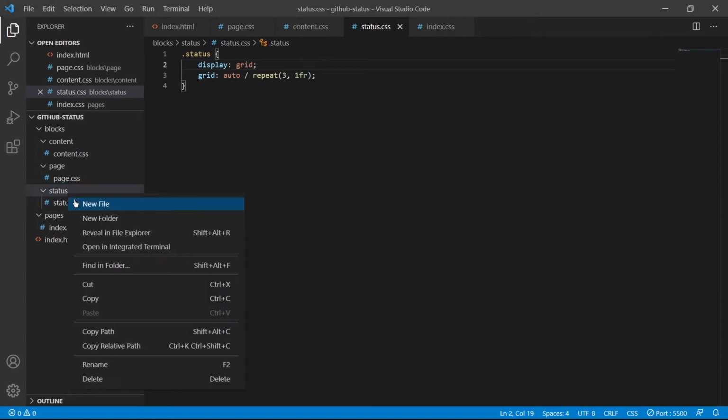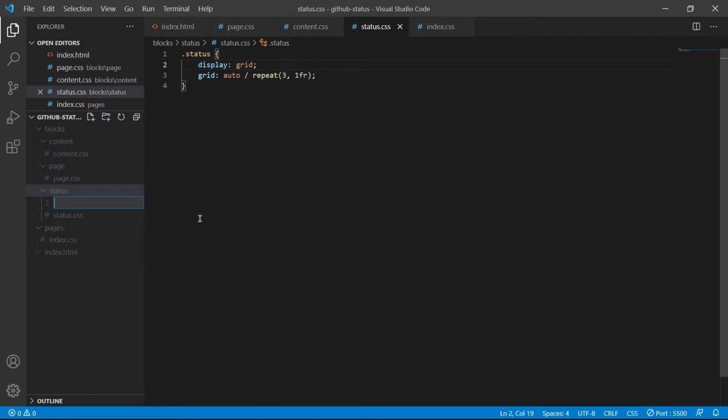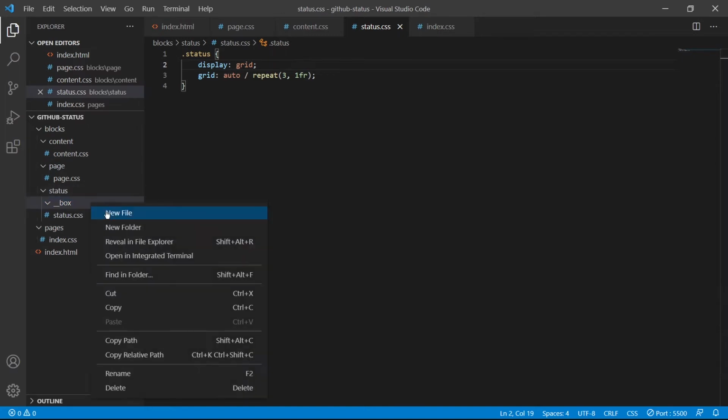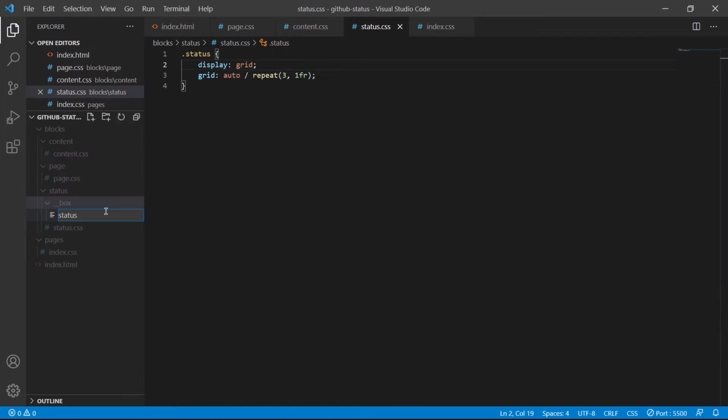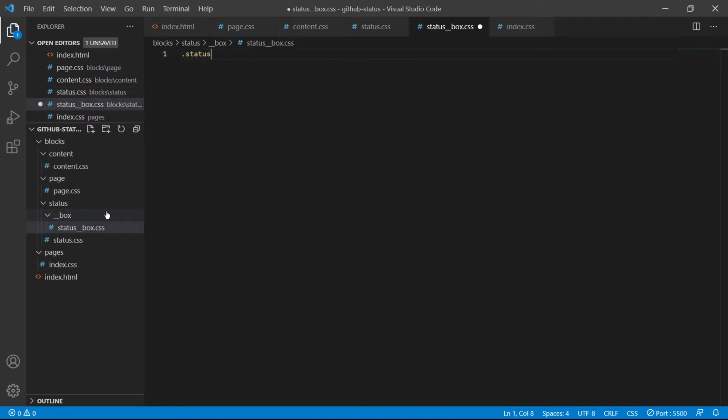Well, we would actually just create another folder and give it the exact same naming scheme. So underscore underscore box. I know this may seem weird, but again, it helps us just organize our code from the get-go. We'll give it status box.css name. We'll select it here,